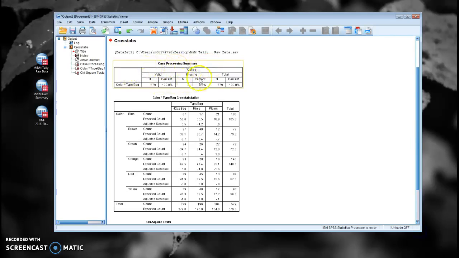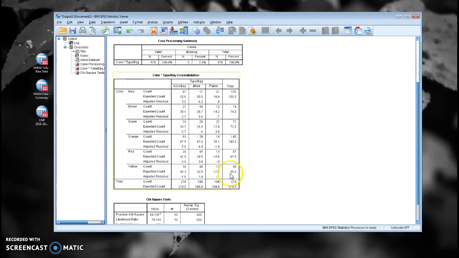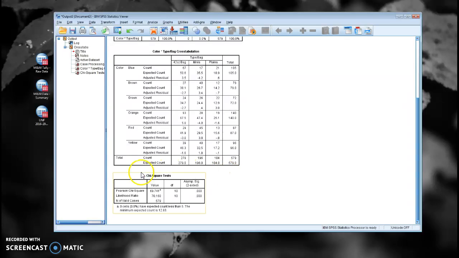Here I've got my case processing, sample size looks right. Here's my cross tabulation. Here's my observed count, my expected count, and my adjusted residual for each of the combinations of the two variables. Right? And then here is my chi-squared test, in particular my Pearson's chi-squared, which had a chi-squared value of 69.7, 10 degrees of freedom, and a p-value less than 0.001. Alright, so that's how you